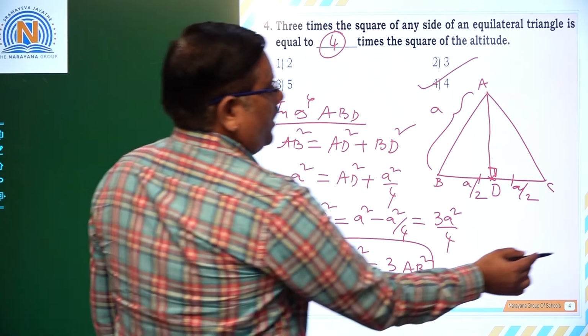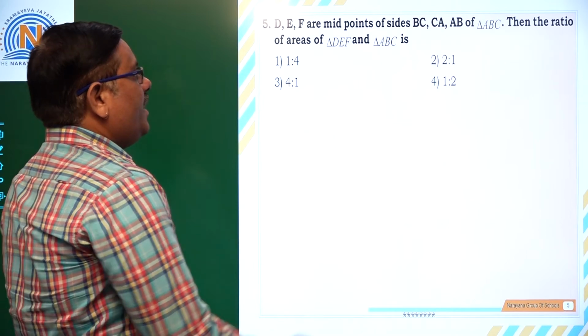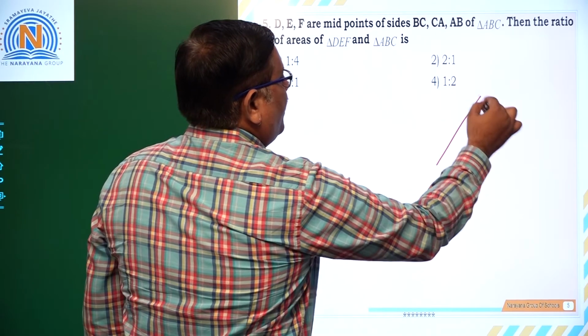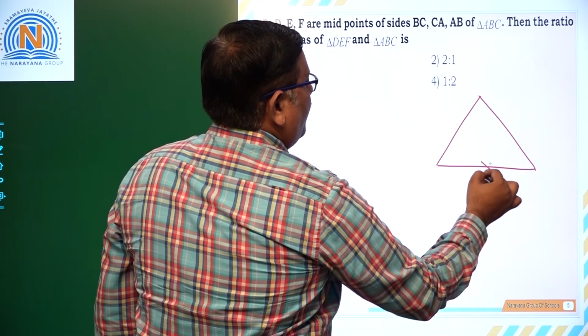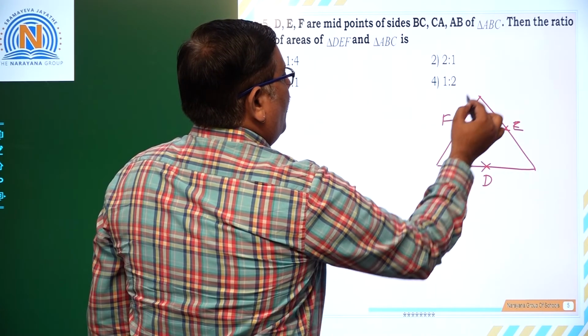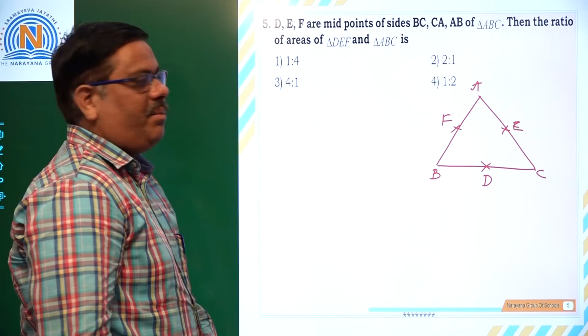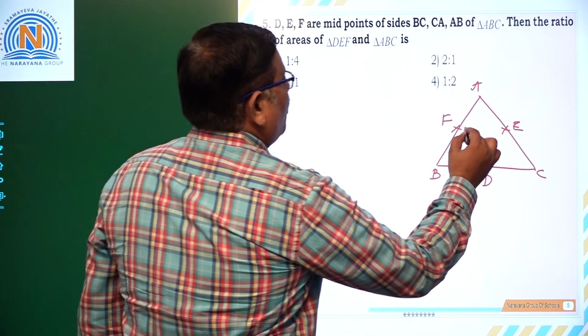Okay. Now let us take the next question. D, E, F are the midpoints of sides BC, CA and AB respectively. Then the ratio of areas of